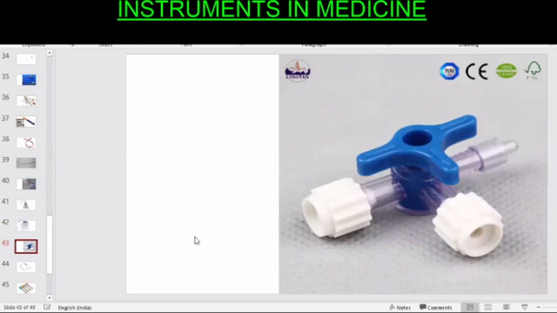Identify. It's a three-way cannula. It has two inlets and one outlet. The same can be rotated in various directions. It is sterile. Rather than cannula, you can just say it is a three-way. When we say cannula, it is an IV cannula. So you can say it is a three-way, or you can say it is a bivalve.